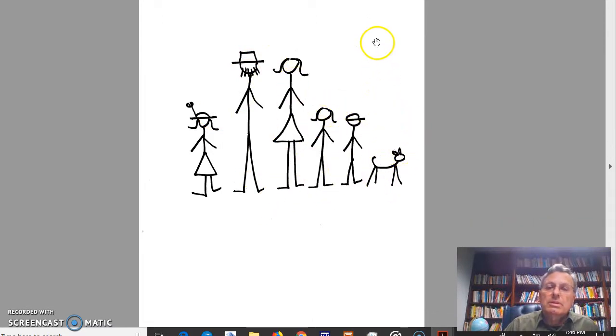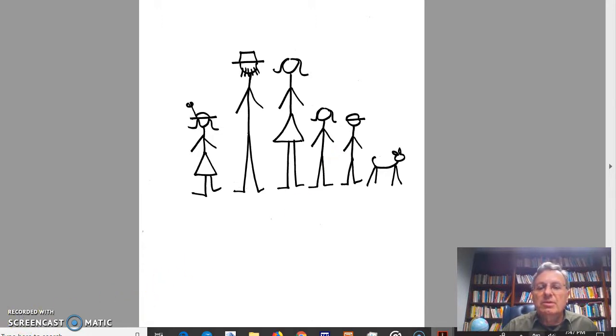I could also say there's a fundamental distinction here between humans and then animals. So this could be a family of humans broken into a girl with a hat with a flower, parents, 2 children without flowers. In fact, these are 2 boys, even though one has long hair. It's unless that's a girl who's wearing pants. But we can't tell that just from this. We need to do some background analysis for that.